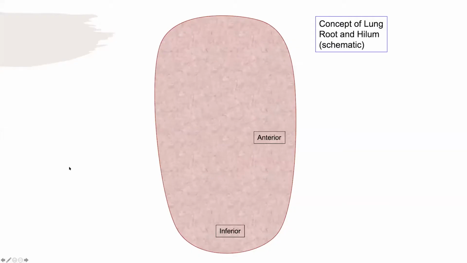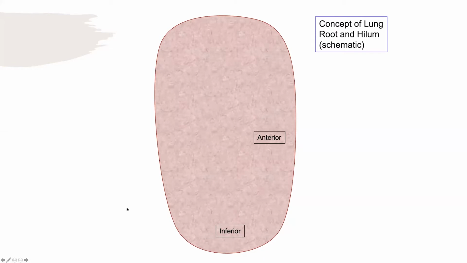And right now I'm showing you the hilum of the lung and the root of the lung, where different structures have been organized within this area. And we are expected to be best at these things, because this is one of the very important parts, and you are expected to know a lot about things related here. I'm sure everybody can orientate yourself. You can see where is anterior and where is inferior. Obviously this will be posterior and this will be superior.